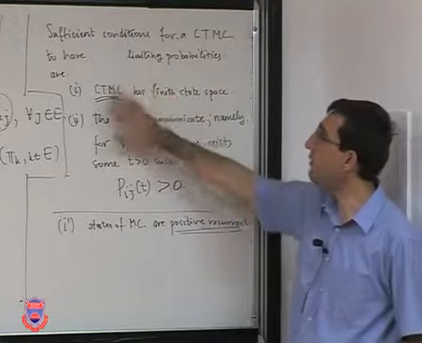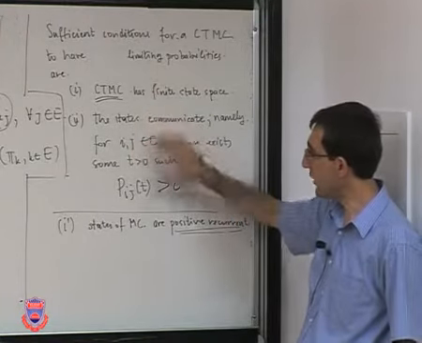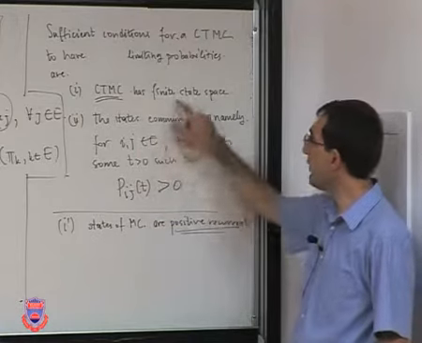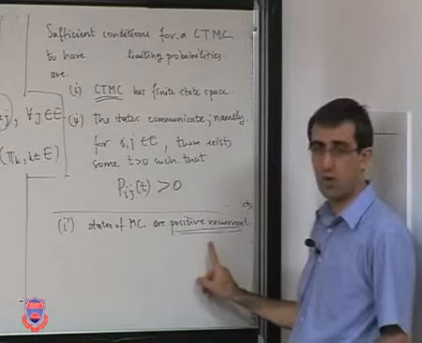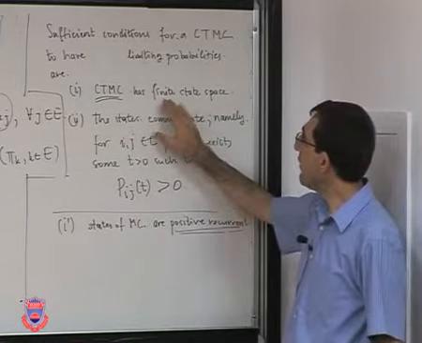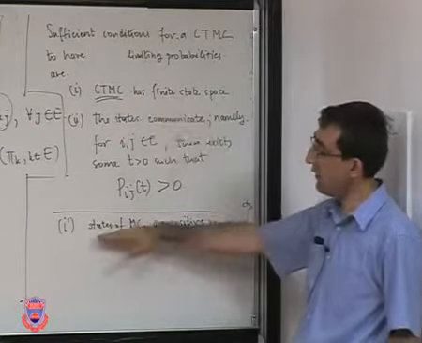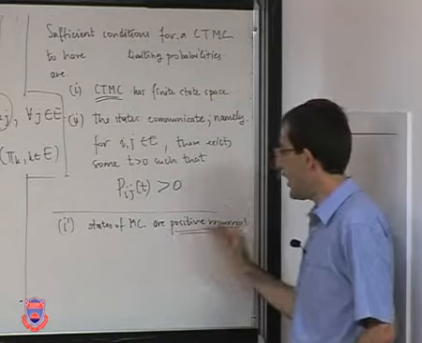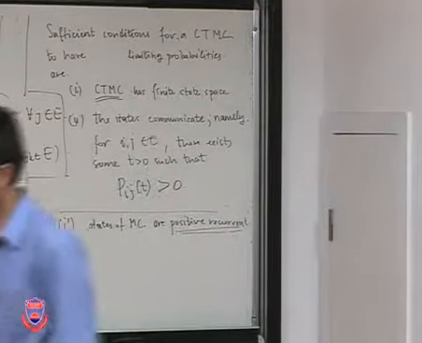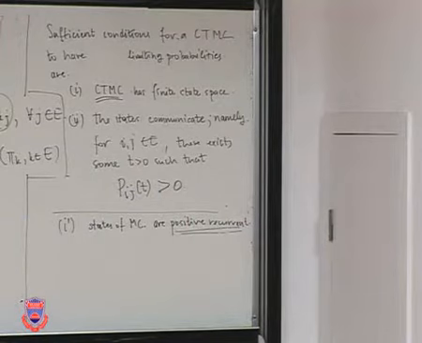So a finite state space continuous time Markov chain is always going to be positive recurrent. But if it doesn't have a finite number of states, then we have to state this,